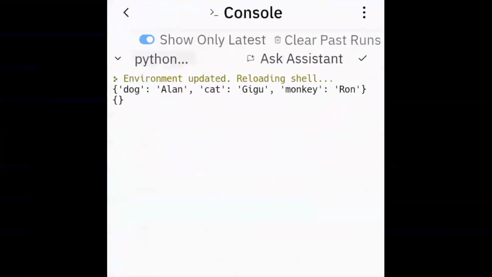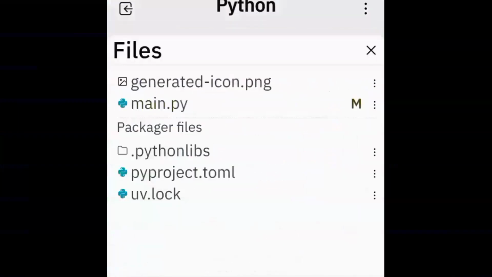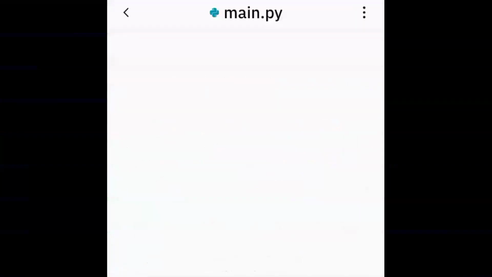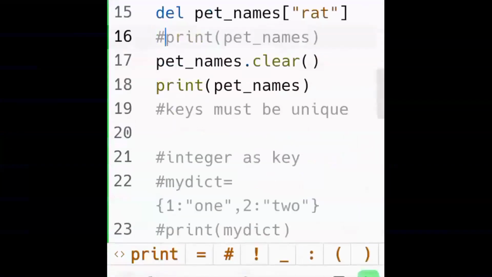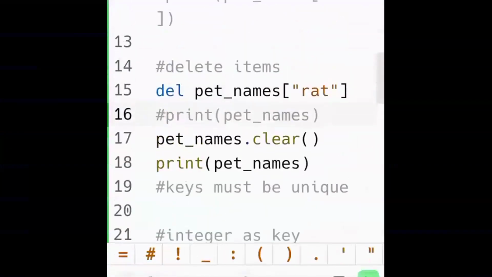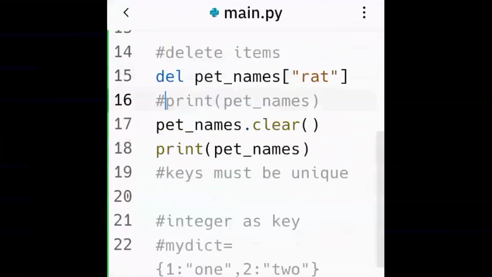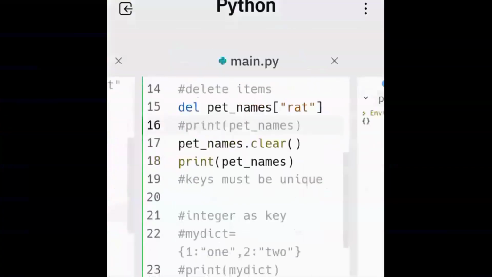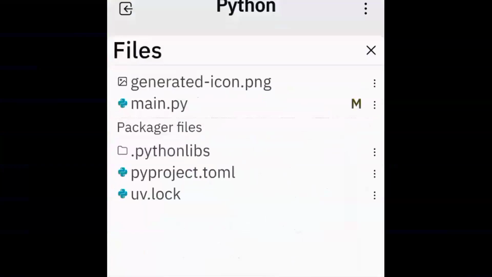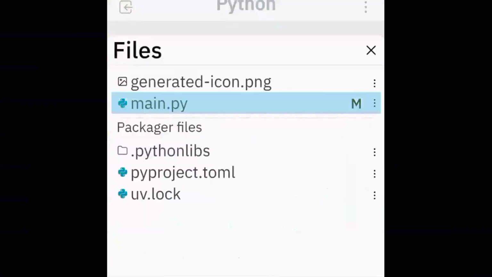There you go. You get empty curly braces. The curly brackets are empty. Why? Showing it has no items, because you cleared it all. So cool, right? Just in one shot, you can clear all the items by using the clear function. So pet names dot clear, that's it, and then if you print out the name of the dictionary, everything is gone. As simple as that. So you can either delete specific items or you can remove all of them by using the clear function. For one item, just use the del keyword. You can call it the delete function or delete method.